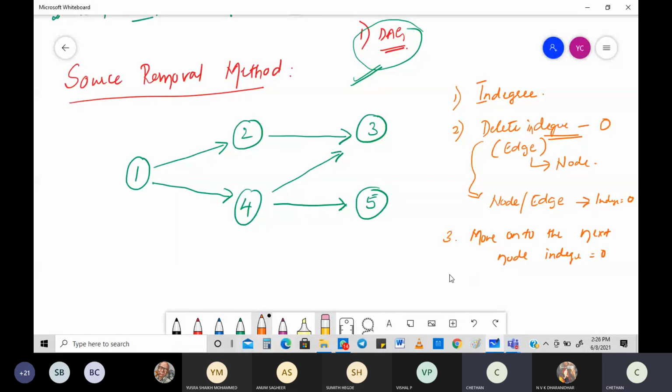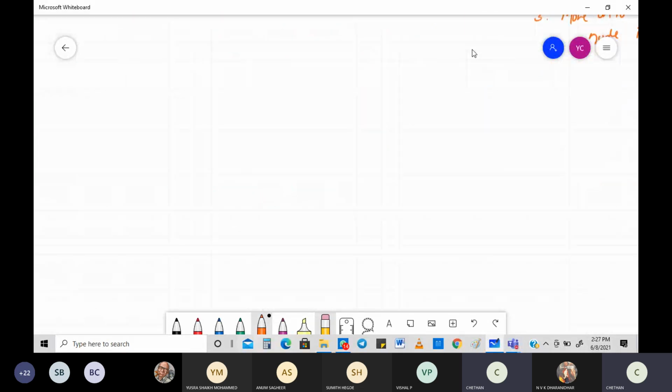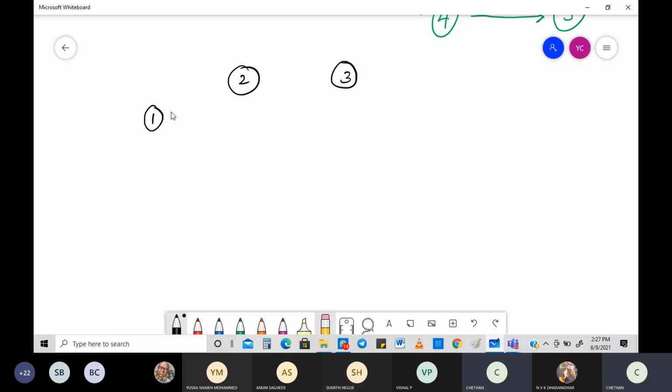So what we are going to do is take this graph again and go through a step-by-step procedure for it. Please try to get to know this. It is very, very important for you to trace this. They may give an example, and in the exam you need to do what is known as topological sorting. Or the other way of asking it: they are going to give you 'what is topological sorting, explain with an example'. You should be able to do it. Both need to be the same. However they ask, if you know the method, you should be able to do it.